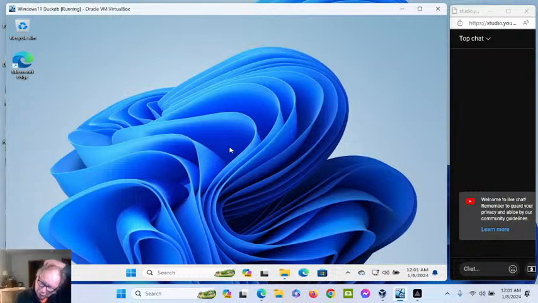As you can see, we're beginning with a nice clean install of Windows 11 on an Oracle Virtual Machine. This is the free Windows 11, created from the free Windows 11 ISO, which you can download for yourself and install for free. I'm running without a product key, and so far the only